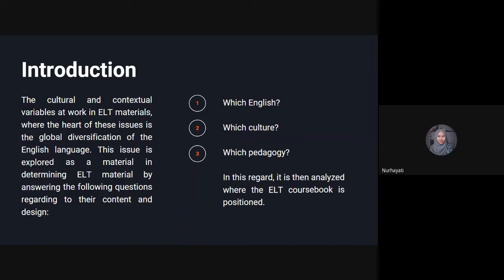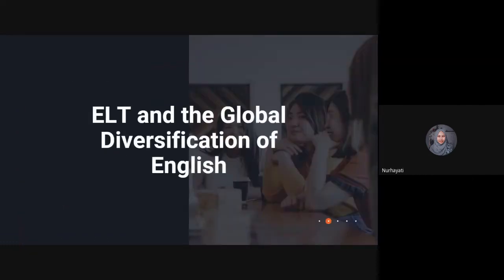Okay. The cultural and contextual variables at work in ELT materials, where the heart of these issues is the global diversification of the English language. This issue is explored in determining ELT material by answering the following questions regarding their content and design. The first is which English, the second which culture, and the third which material. In this regard, it is then analyzed where the ELT course book is positioned. And the next slide will be presented by